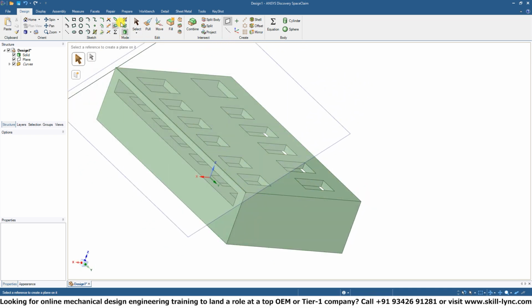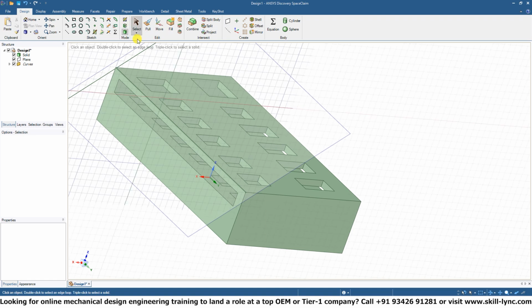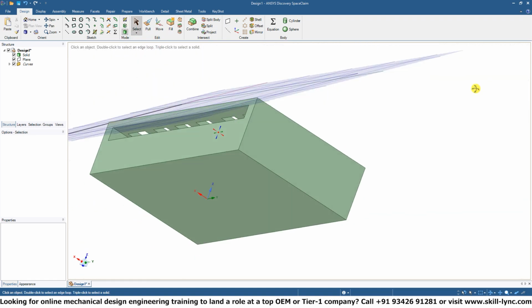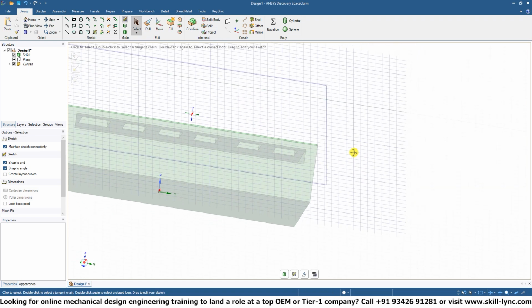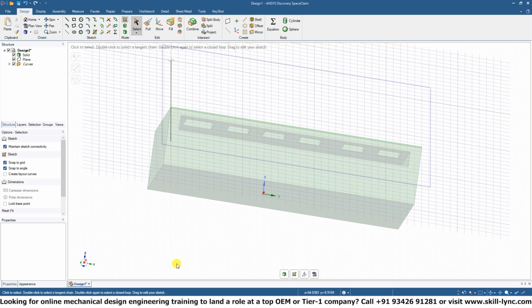Once you create the plane and exit the plane tool, when you select sketch, you can select the newly created plane as a sketch plane if you so desire. And then once that is selected as a sketch plane, right,